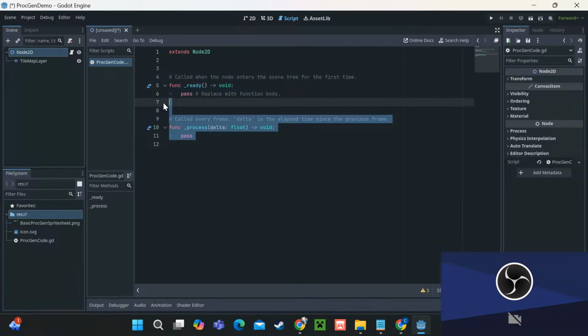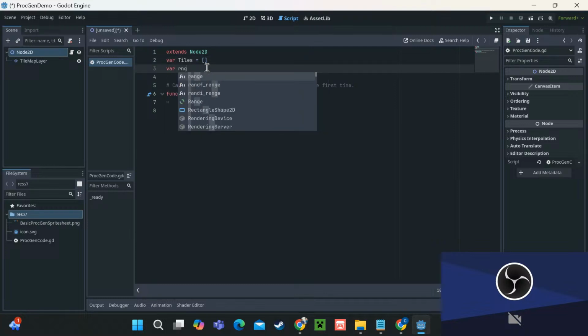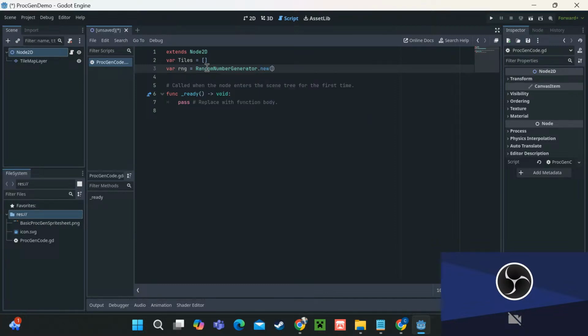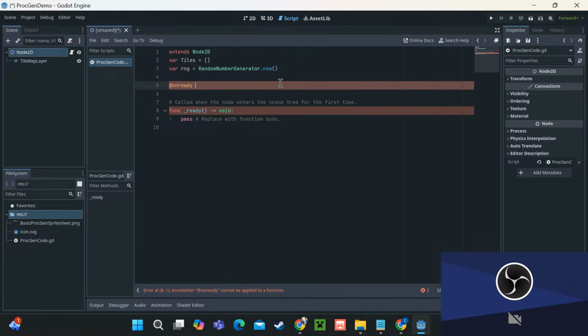So we're just going to get rid of the process since we don't need that. And to start off with, we are going to make a tiles variable, which we're just going to set to just being an empty array. Then we're going to make a random number generator dot new. And we also need to make sure we have our tile map ready to access. So we're going to do onready. I'm going to call this var base layer